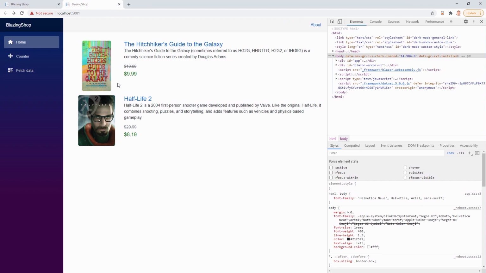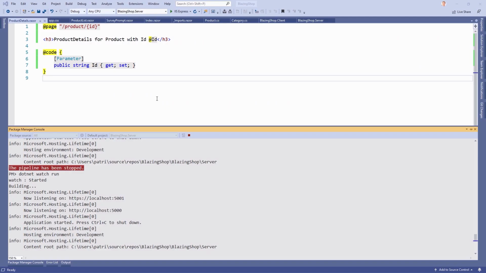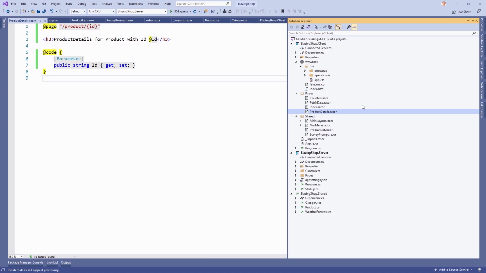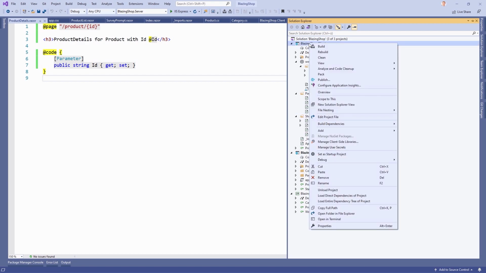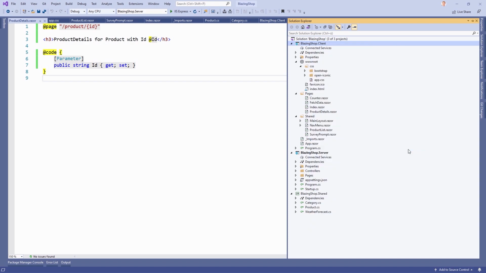And before we move on with that, we now finally add a service. And I think I'm saying this now for the third time. This service will be there to provide the products, the list of the products, and also the single products for the details page here. And to use or to add these services, we also add a new folder. So for the Blazing Shop client project, we add a new folder,